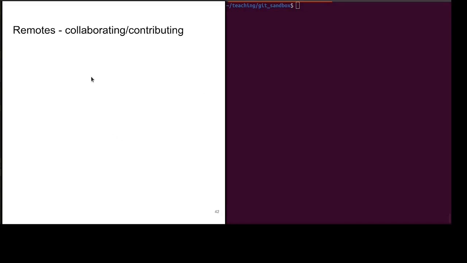Now let's talk about collaborating and contributing on GitHub, which is really what remotes are good for. Well, they're good for just sharing your work as well, but they're great for collaborating. So first of all, forks. A fork is like a clone, but on GitHub. Most collaborators on a project will have their own fork where they work. So there will be the main repository, and then every collaborator will have their own fork,